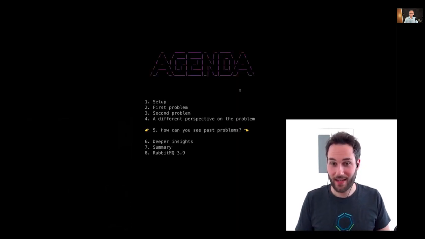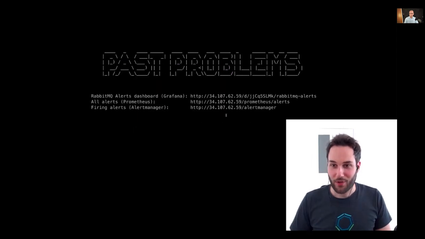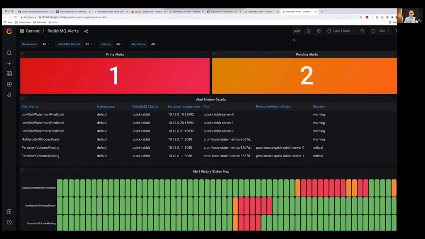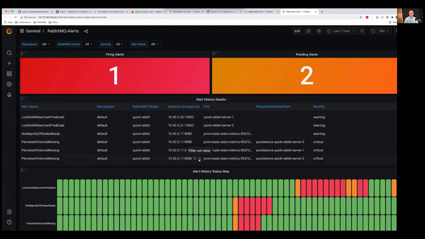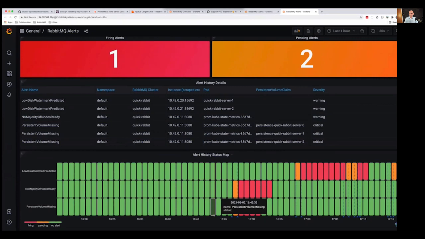Right. So next we can check out how we can see problems of the past. We built a new dashboard for the RabbitMQ alerts. This one here. You can filter by namespace, RabbitMQ cluster, right now we just have a single one deployed, and also by alert name. And you see an overview of your current alerts, so how many are firing, how many are pending. You see a table list of your past alerts,